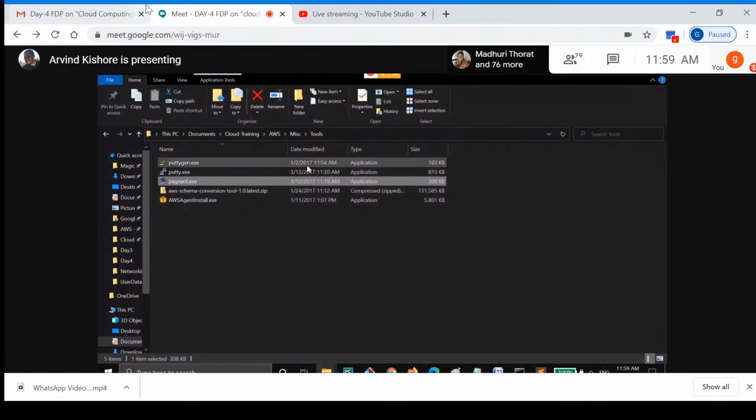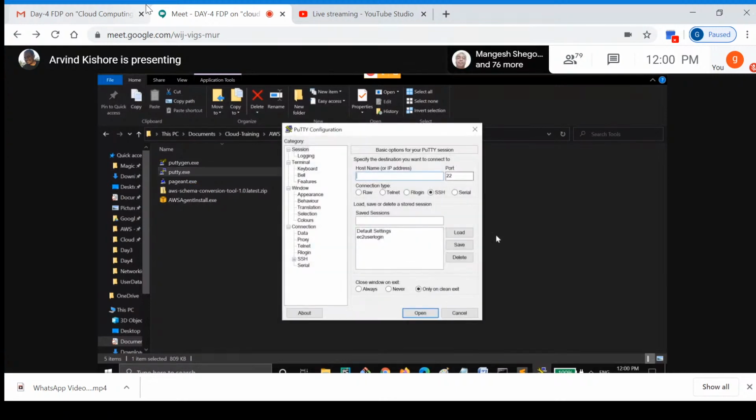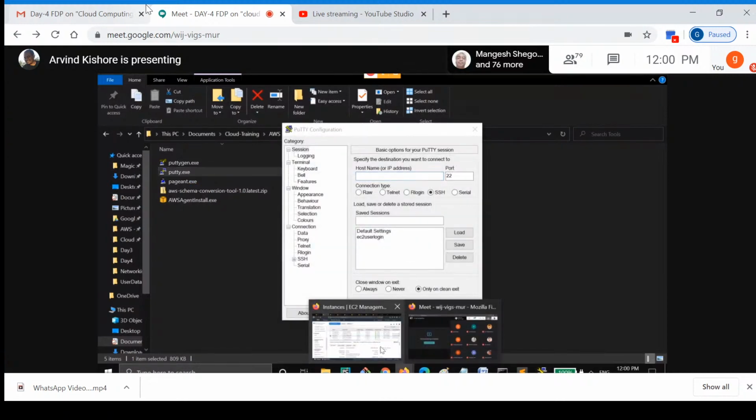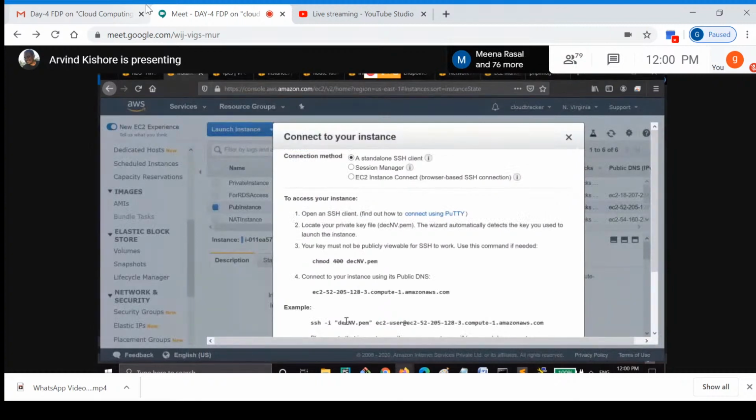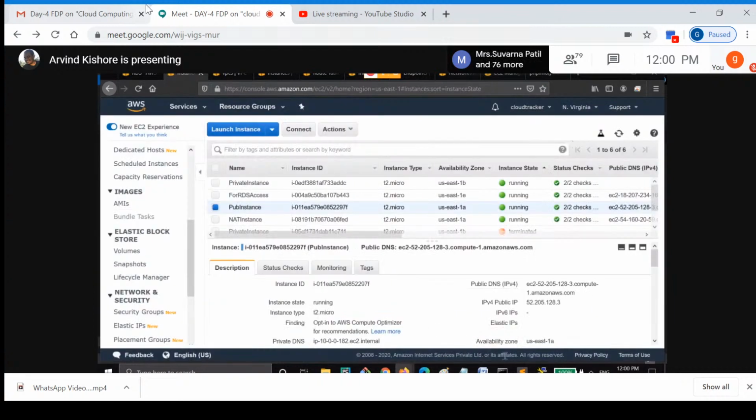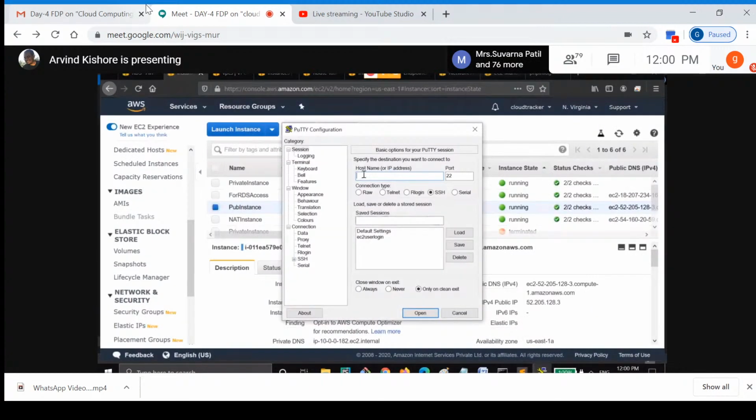Let's use PuTTY to connect to this public instance. Take the public connection string, Control C, and then come back to your PuTTY tool. You cannot use the entire thing; this is the host name that we have to specify in PuTTY: ec2-user at the rate of the public DNS name of my instance. And after that,